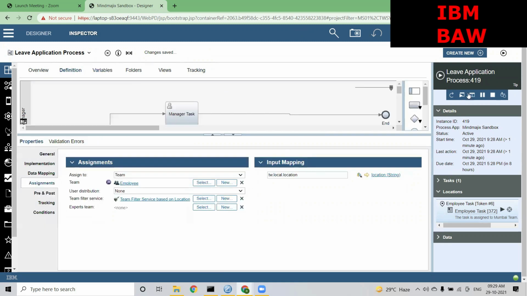I'm not sure why it is not working, but it always works. This team filter service doesn't have any problem. And the location of my team is coming here properly, but somehow